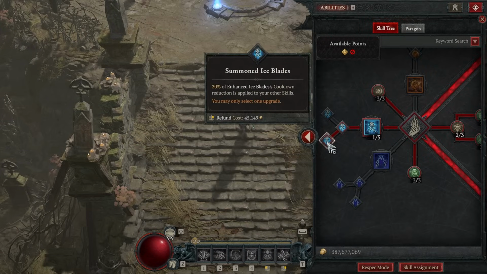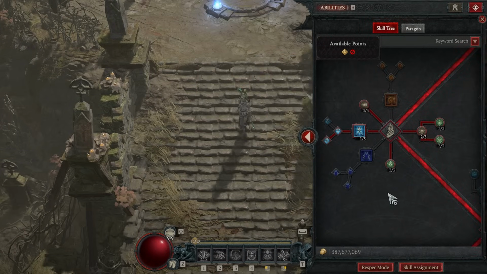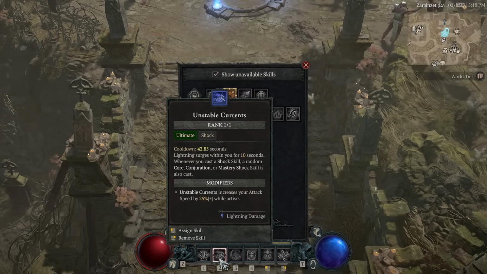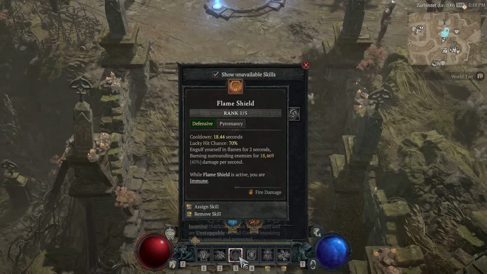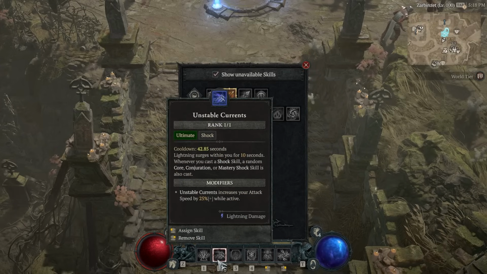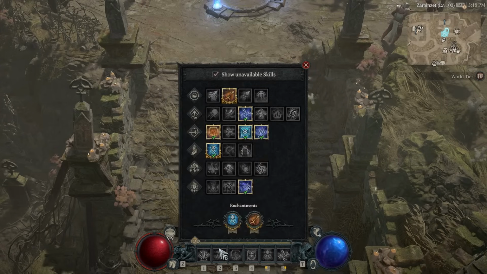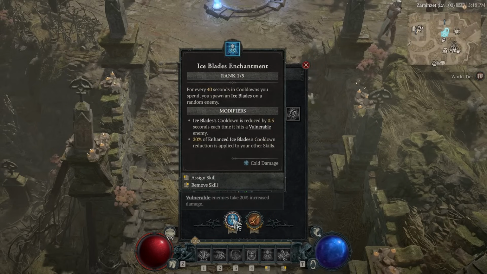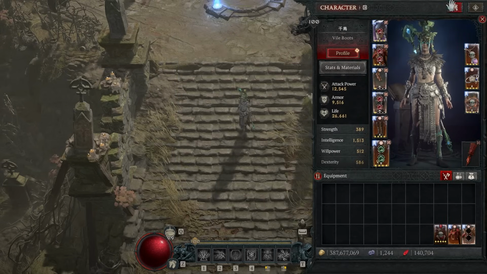Ice Blades is standard, it's really good actually, because it also helps lower the cooldowns on your other skills. And with the enchantment that I'm running, the idea is to actually use stuff like Unstable Currents, of course your Ice Armor, Teleport, and Flame Shield to constantly spawn additional Ice Blades. And with my setup, Unstable Currents basically has no cooldown, so basically every time you press an Unstable Current, you'll proc a free Ice Blades as well,